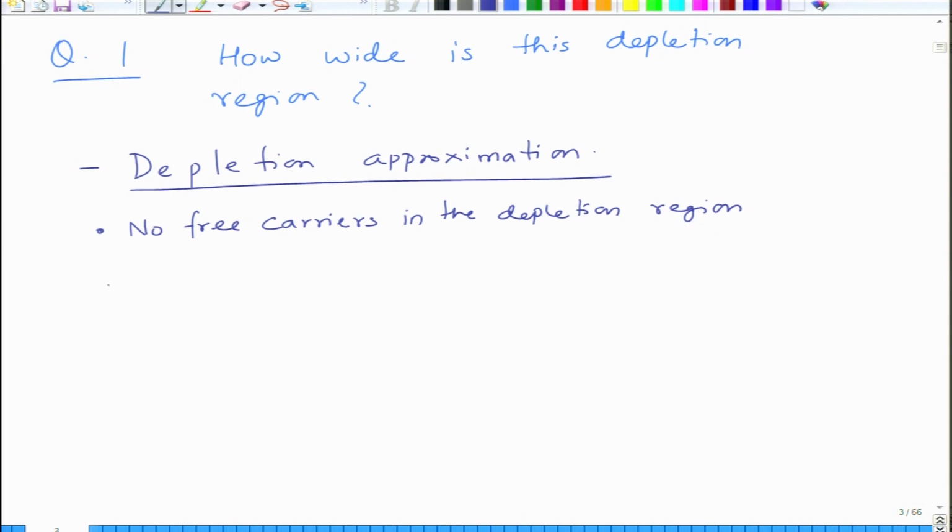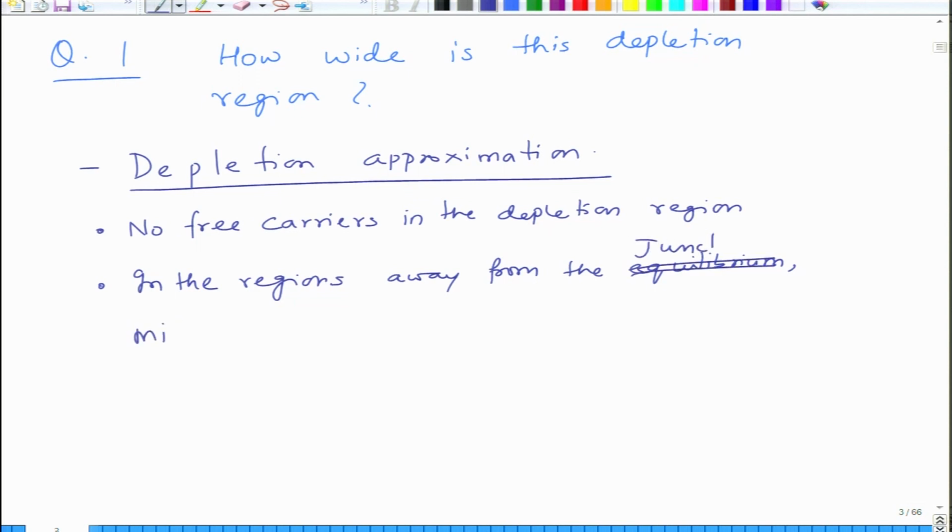Second is that in the regions away from the junction, minority carriers determine the current, because majority carriers are nearly close to equilibrium all the time, because minority carriers get perturbed the most, and minority carriers move